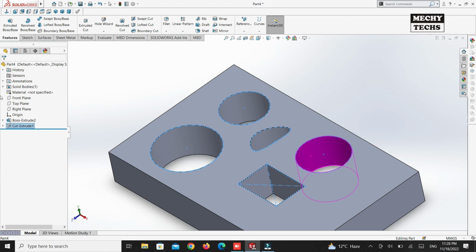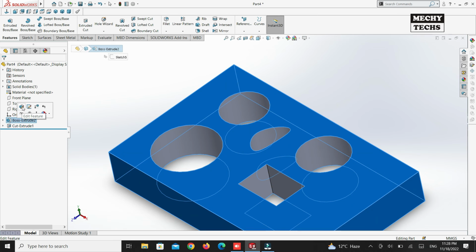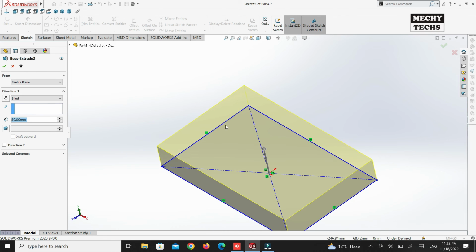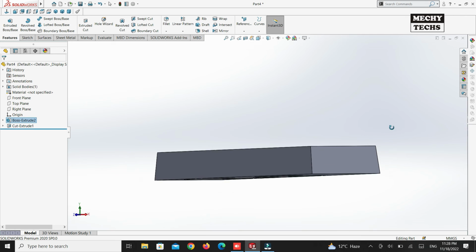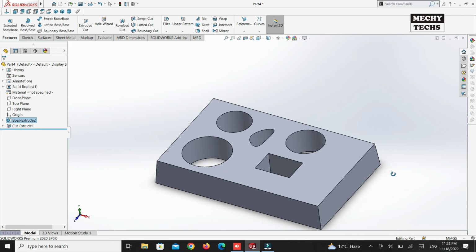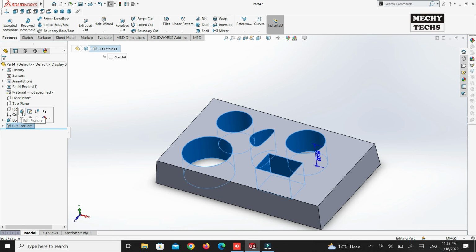Let me clear one thing. By default it was a straight structure. I'm giving some angle for changing the direction. So now I can see the direction is changed, and whenever I go to this extrude cut and I give some direction to it,